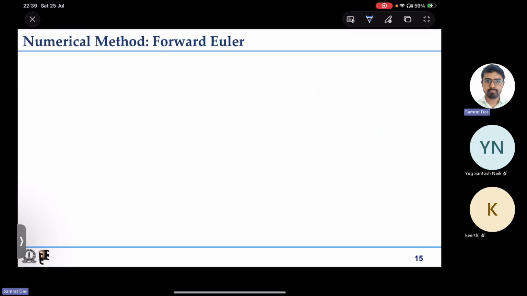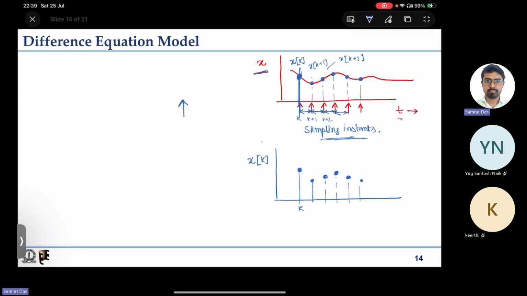So this is, say, one sampling instant, this is the next sampling instant. So this is say time t equal to t1, this is time t equal to t2. So whatever is the time difference between the two, t2 minus t1, this is called the sampling period, Ts, and 1 by Ts is also called fs. This is the sampling frequency,